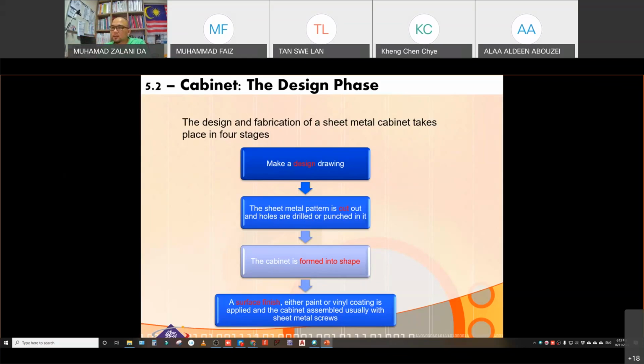Yeah. And then finally the surface finish, which is once we finish making the cabinet into the shape, we want to apply some paint or vinyl coating, okay, to make sure that it looks nice from outside, and also to protect the metal from rust, right? Okay,